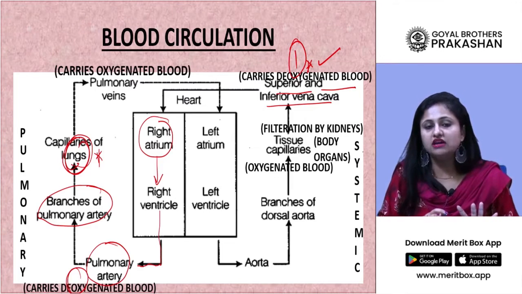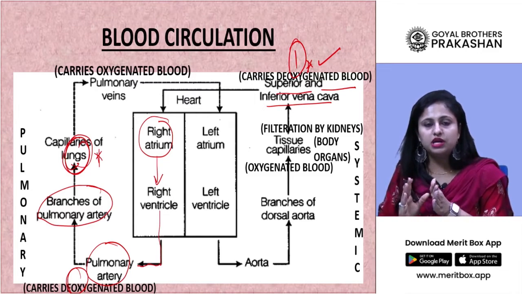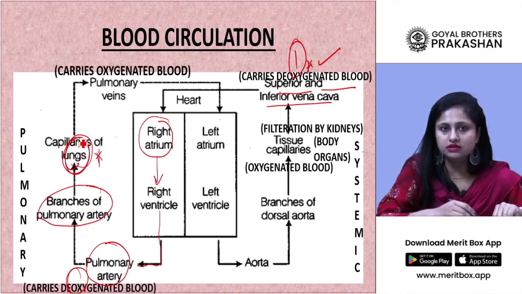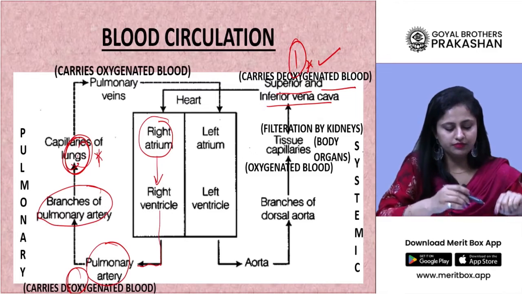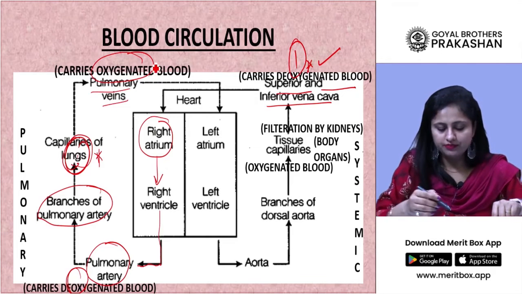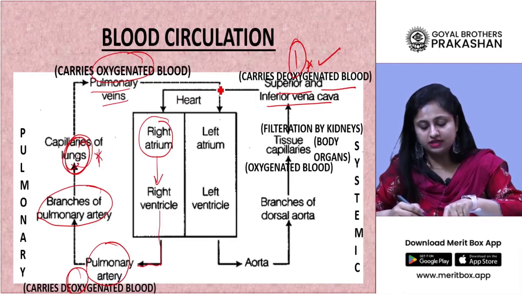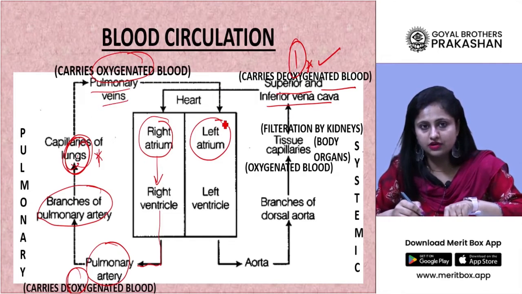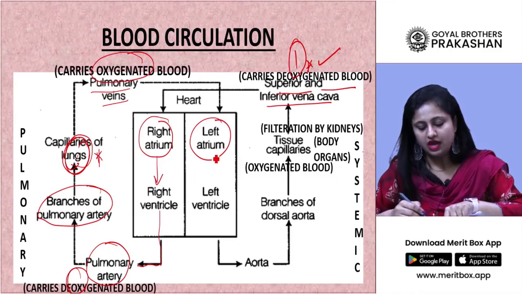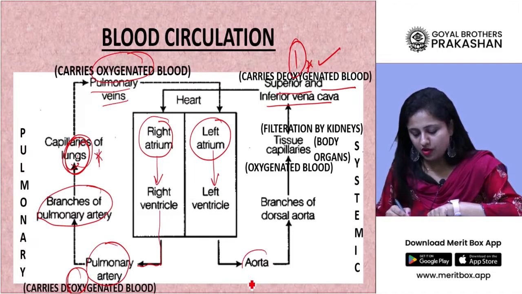So lungs basically convert deoxygenated blood to oxygenated. As a result, the blood becomes oxygenated here. Now it carries oxygenated blood, it is written here. So pulmonary veins carry oxygenated blood, and this oxygenated or pure blood enters the left atrium of our heart, and it goes down further to the left ventricle, and from there, with the help of the aorta,